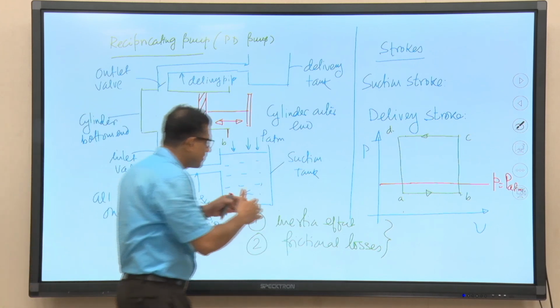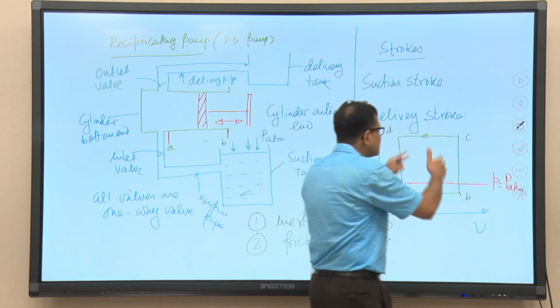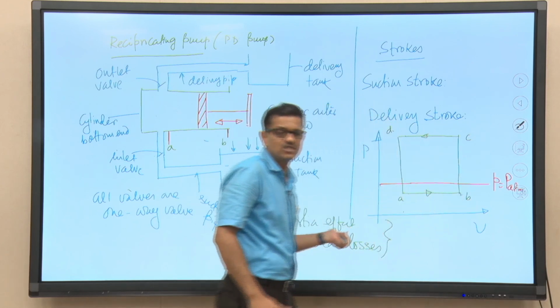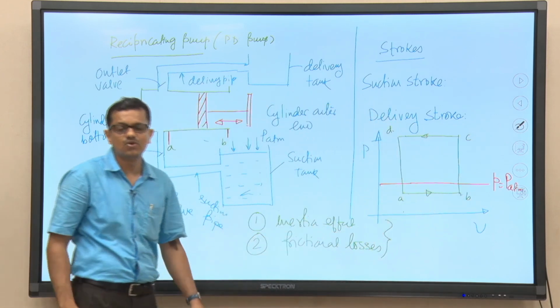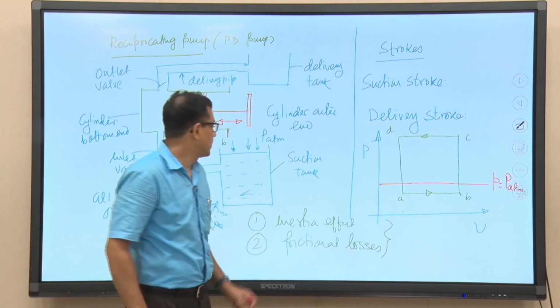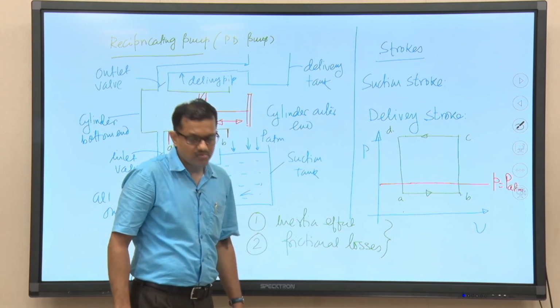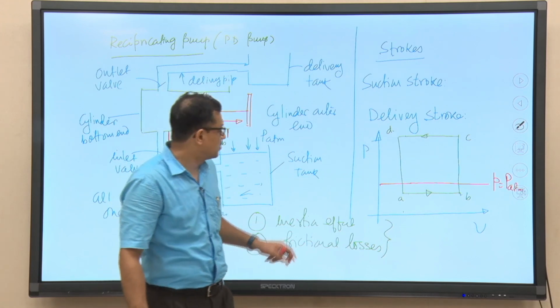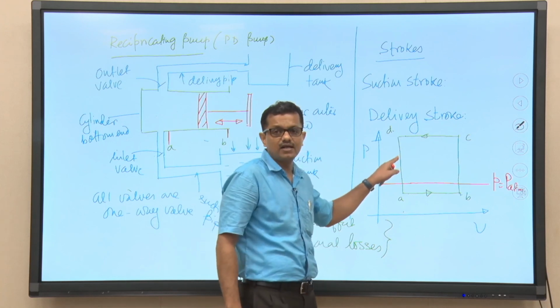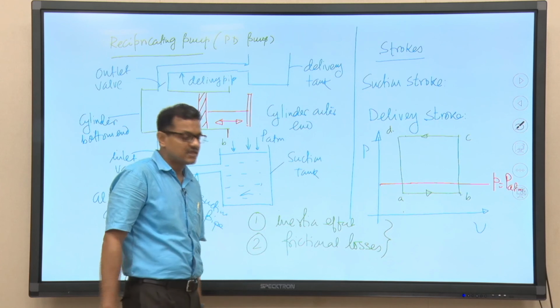So, the inertia effect as well as frictional losses should be taken into account, and this diagram should be modified by considering these two effects. Only then will you know the real picture of how this reciprocating pump works. We shall try to modify this simplified diagram taking these two effects into account,